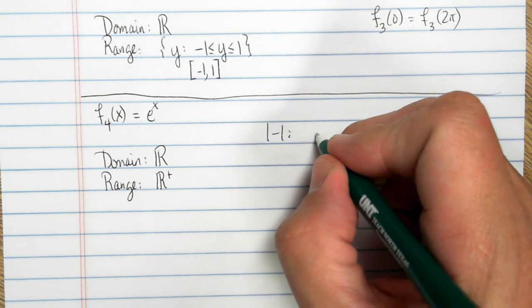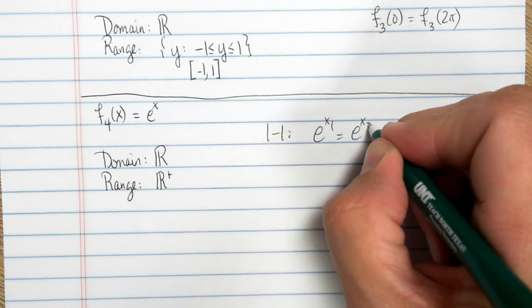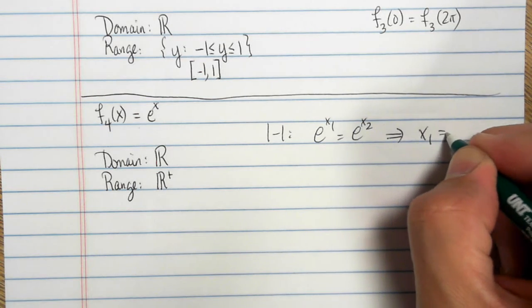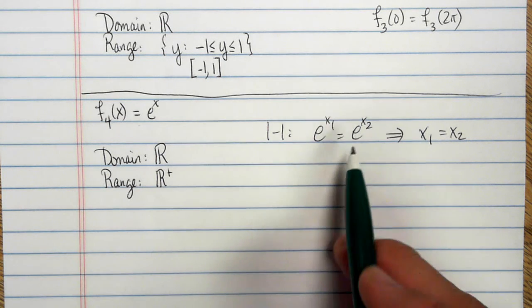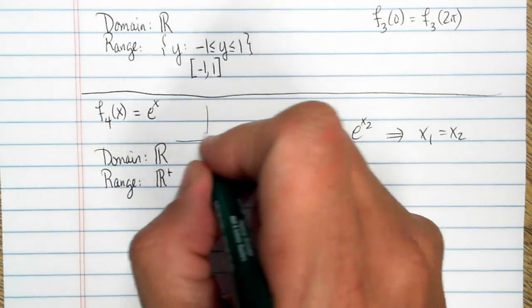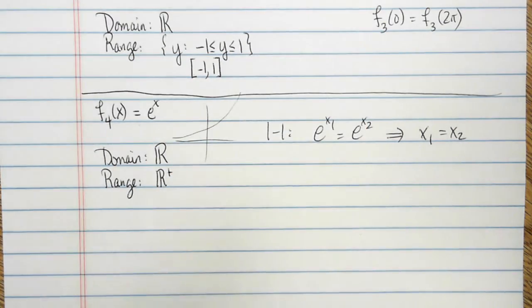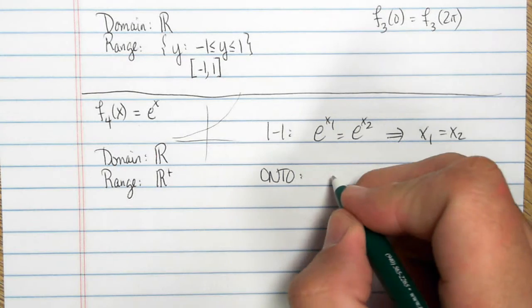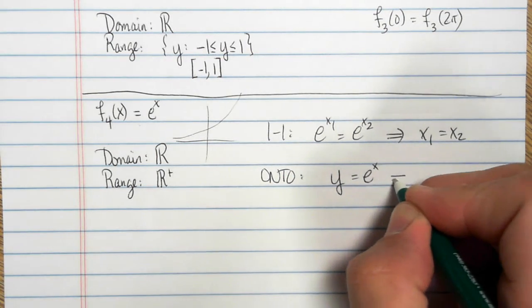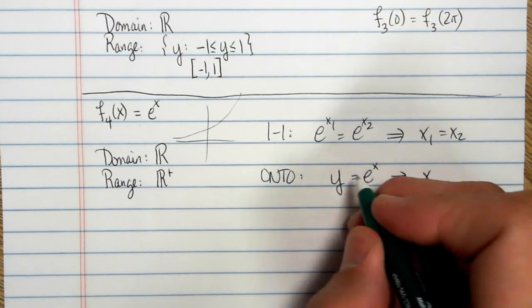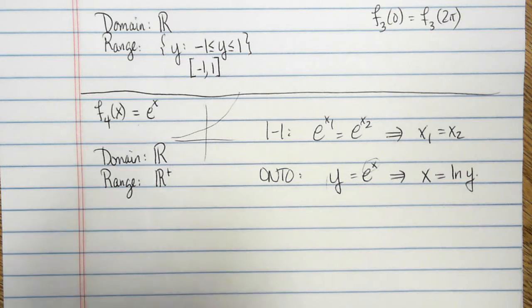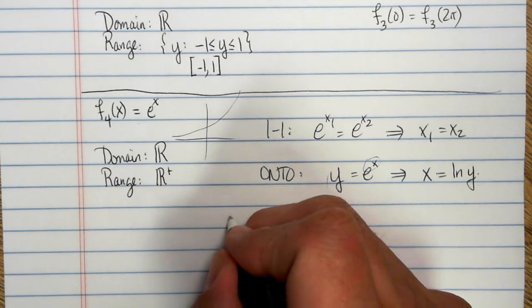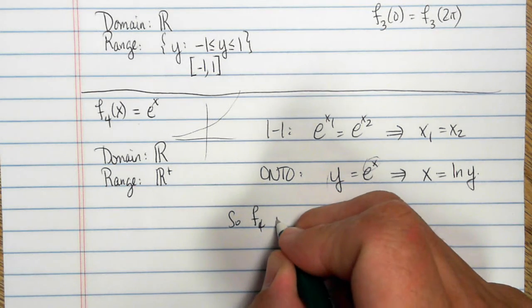If e to the x1 is equal to e to the x2, I can take the log of both sides, and that establishes that x1 is equal to x2. So this is a 1-to-1 function. Said another way, if I graph e to the x, this satisfies the horizontal line test. It's onto. If I have y is equal to e to the x, then if y is some real number, I can figure out the value of x such that e to that x is equal to y. So this function f4 is a bijection,